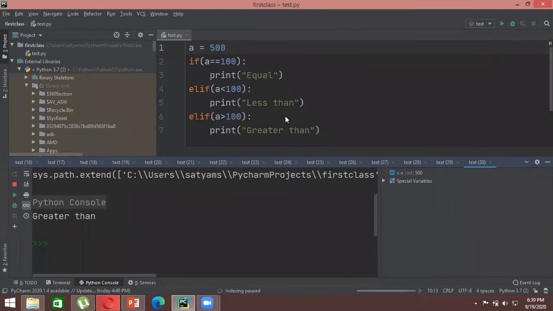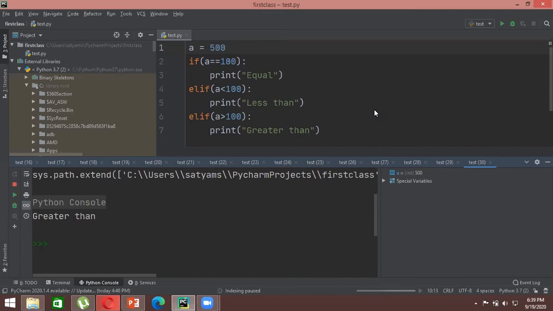So the elif statement finds its usage when you are working with any kind of biological system, where you have DNA or RNA sequences and you want to shortlist a particular amount of sequence from a whole large DNA sequence. Then you can give multiple statements, whether this is true or not, or this is true or not. In that way, you can get the output using multiple lines of statements. Is this clear with everyone? The elif statement.